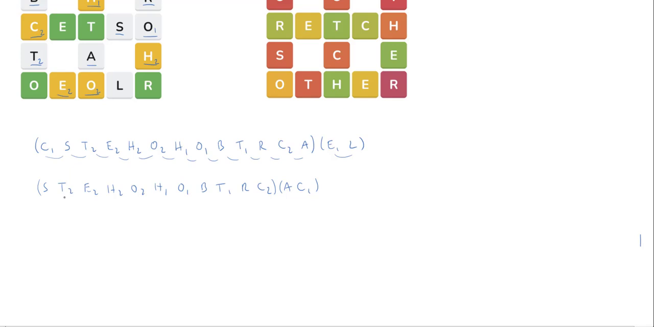So for instance, here I have a T2 and a T1. So I'm going to move this T2 so that it moves to the end. Okay, so that means I need to move both the S and the T2. So I have E2, H2, O2, H1, O1, B, T1, I'll close off. And then I have R, C2, and I moved the S and the T2 to the end. Okay, and I'm not going to copy the AC1. All right, well, I've decreased the number of transpositions by 1 again, but I can do more because, oh, look,